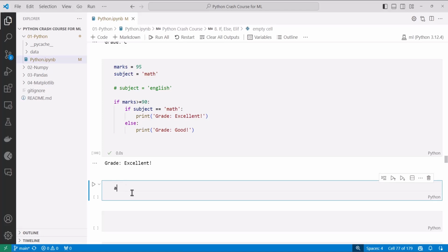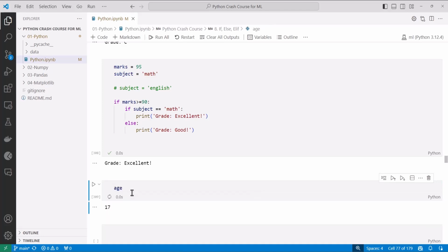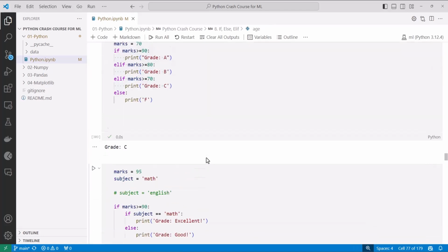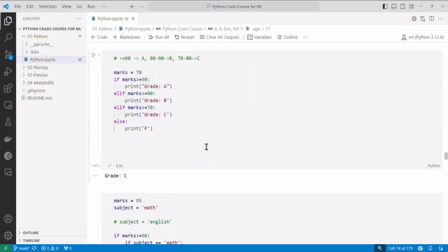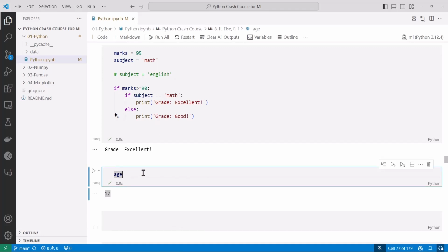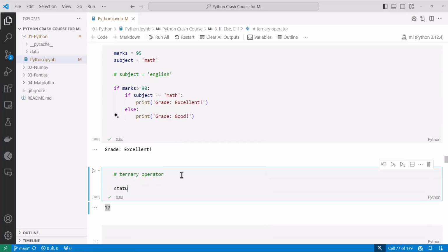Let's go ahead and try to test our age condition again here. So we have age 17 and I want to write this as a single line of code. That means as a ternary operator. So I want to write it as a ternary operator. To write it as a ternary operator, it's pretty simple. I write status is equal to,